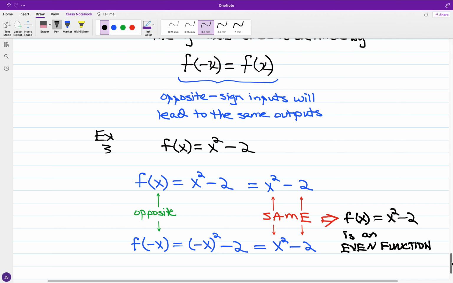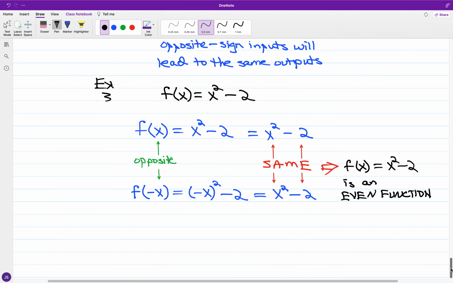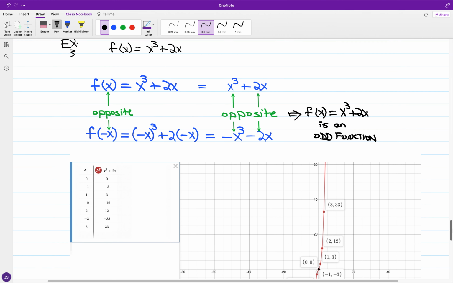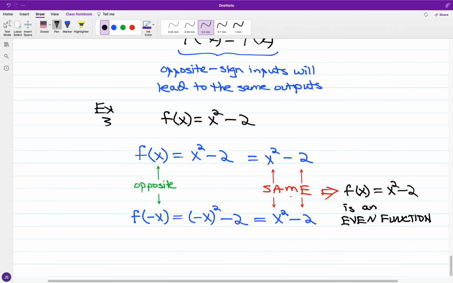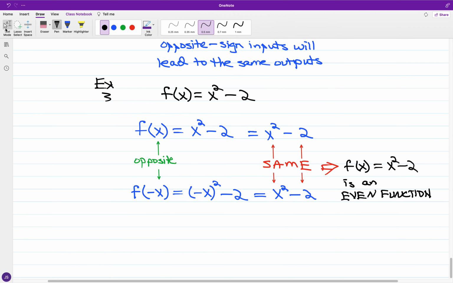Okay, so you have, again, opposite sign inputs for both cases, but if you have unanimously opposites, the function is odd. And if the output is unanimously the same, then the function is even. And for what we have for f of x is equal to x squared minus 2,